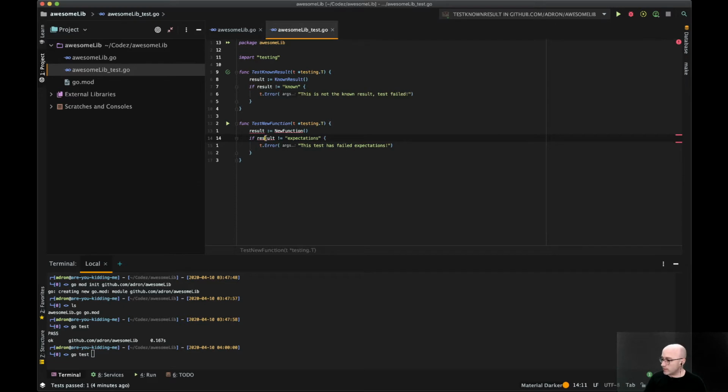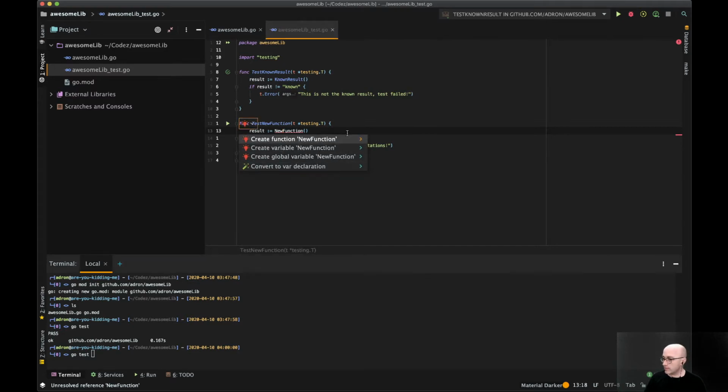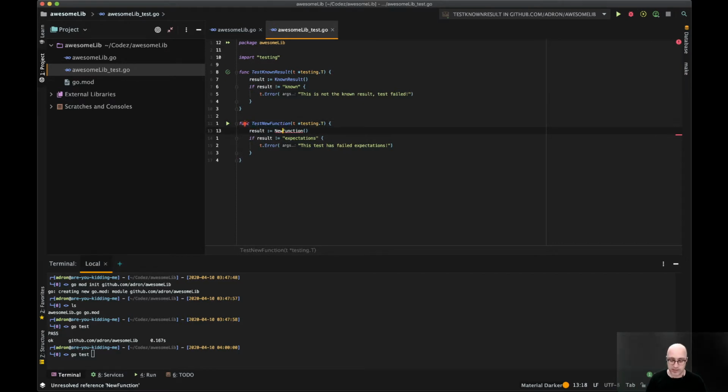So then, result. You can see the little underscored line here. And what Golang is going to tell you is that you clearly need this. It doesn't know where that function is, and the reason is the function doesn't exist. So there's a two-step process in Golang that I use at this point to do TDD in this example.